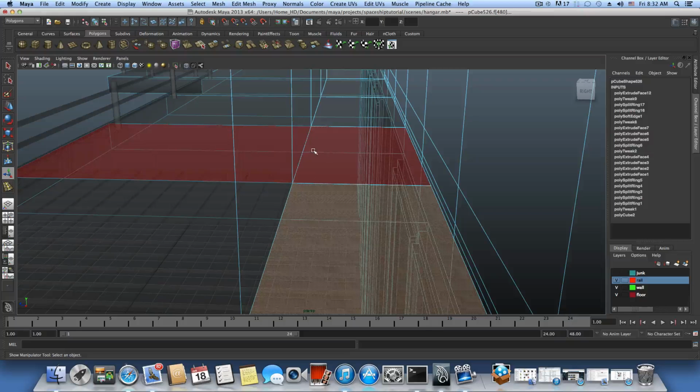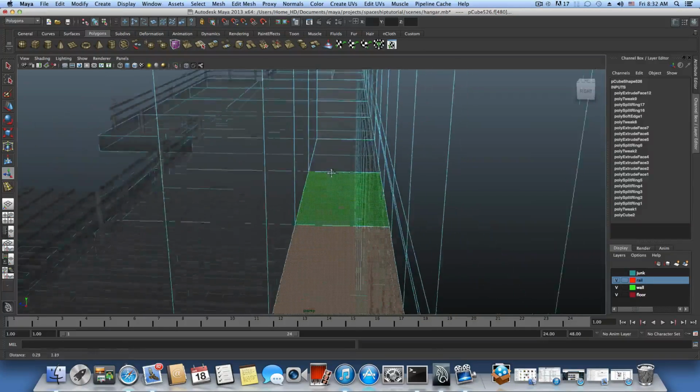Maya is confused between what I want to select. She wants to select this piece here, but also this piece over there. So there is a limitation of how you need to pick them. You need to pick them so that only these pieces here will be selected. Okay, so this one,